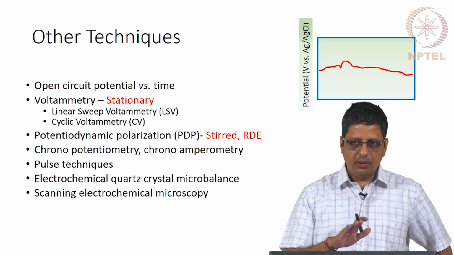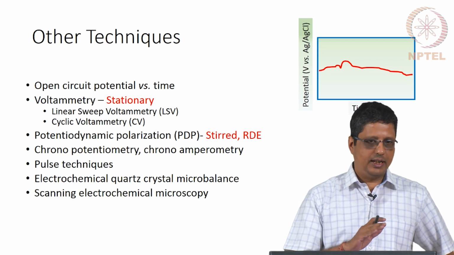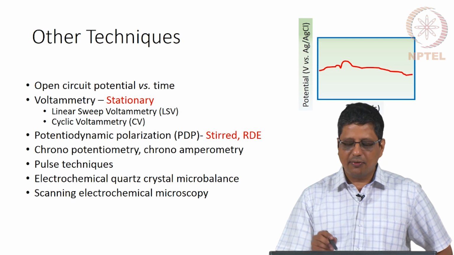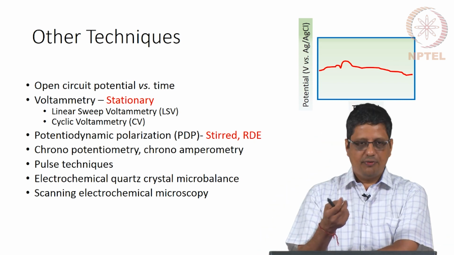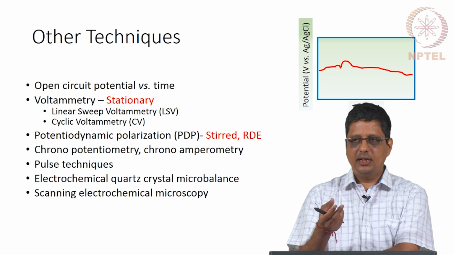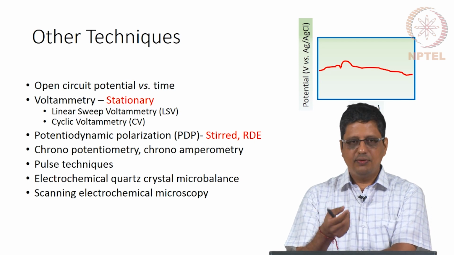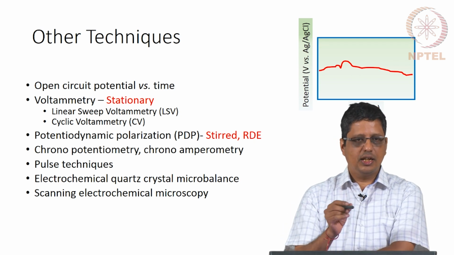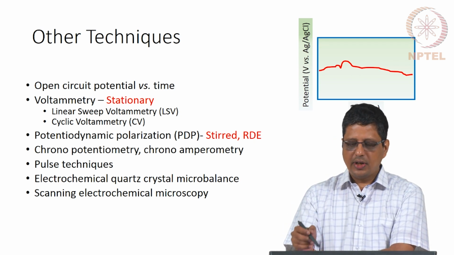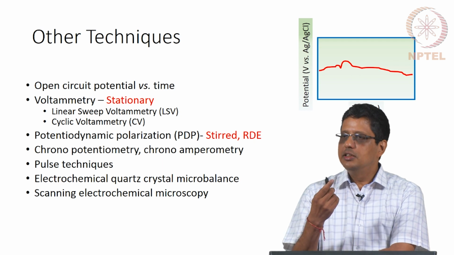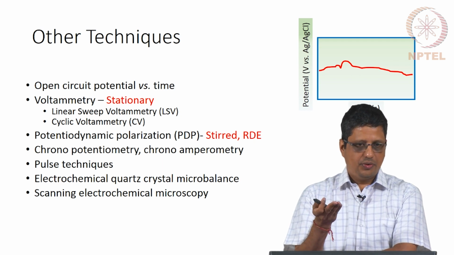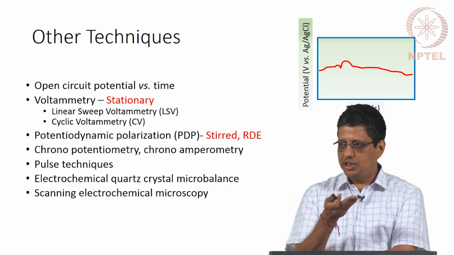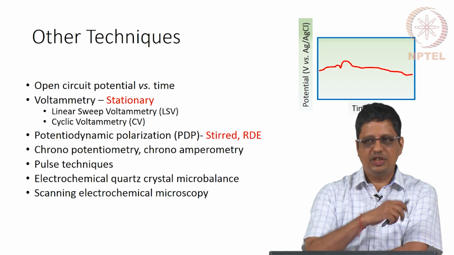Okay. Here I want to pause and give you an idea of a few other techniques. There are many techniques, so you have some idea of what you get in other techniques. Normally, if you run an experiment, you will first measure the open circuit potential. That is, without applying any potential, you just measure the potential between the reference electrode and the working electrode. You have zero current and it will vary as a function of time. Sometimes it stabilizes quickly, and you get a more or less constant value. Sometimes it changes because the interface changes.